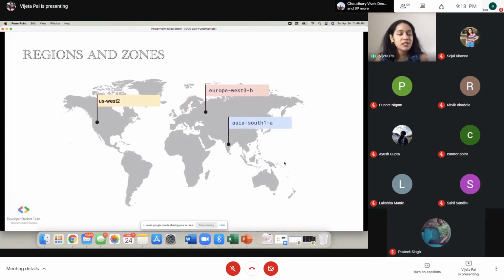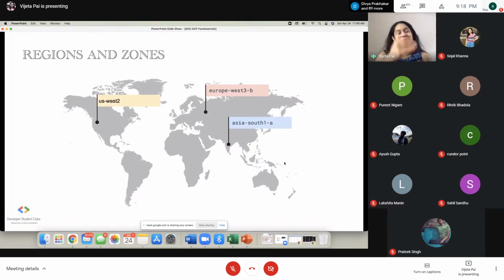It is so much simpler than having a data center, right? Where you have to move all the racks and servers to a location that is closest to your target audience. Here, it's just a click of a button and you can choose which region you want. So basically, region is a geographical location where all your data is hosted, and preferably it always needs to be closer to your target audience. What is a zone?